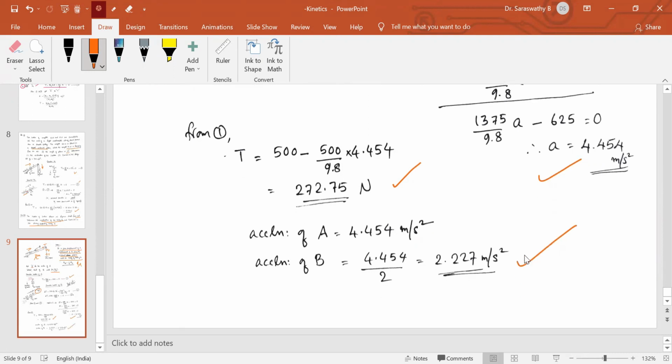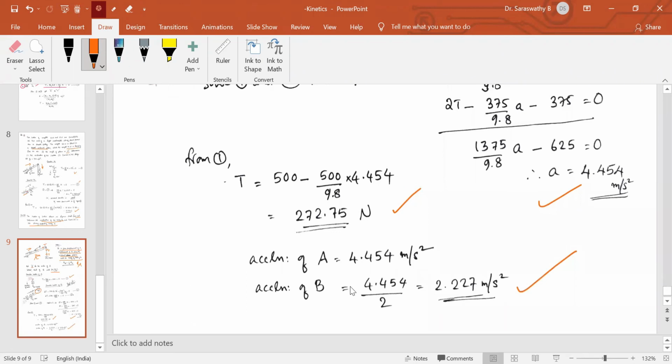So such questions are very, very common in university examinations, and all the previous university question papers so far that we have conducted under the 2019 scheme, January 2021, July 2021, and December 2019, all the question papers have similar questions. Both the questions which I have discussed now in the class have been asked in the university question papers with some numerical changes, and the solutions are discussed in a separate video. The link of that will also be given in the description box.